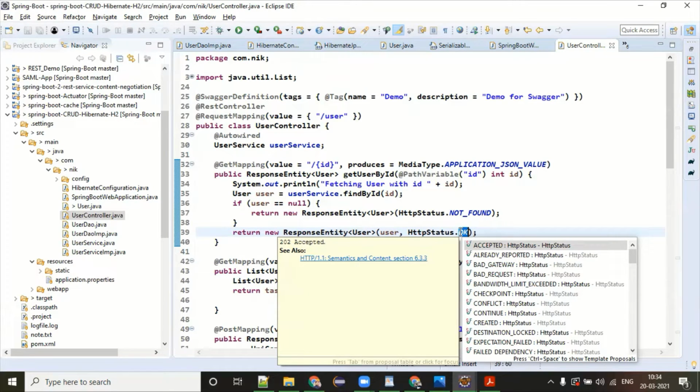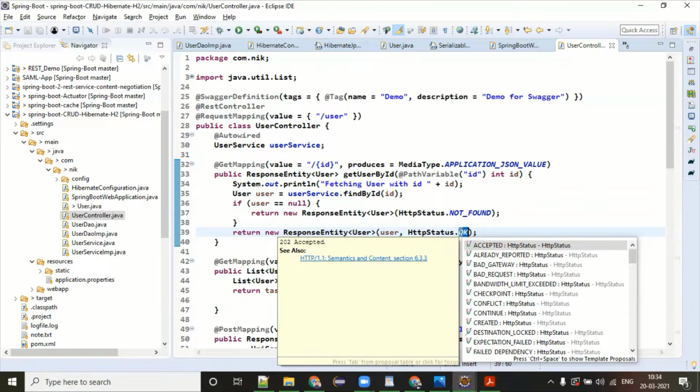Spring Boot provides you an enum named HTTP status, which has the different status codes. But you don't need to directly give the code; in fact, you give the value of that. In most cases, if your call is a success, we say HTTP status OK, which means 200.